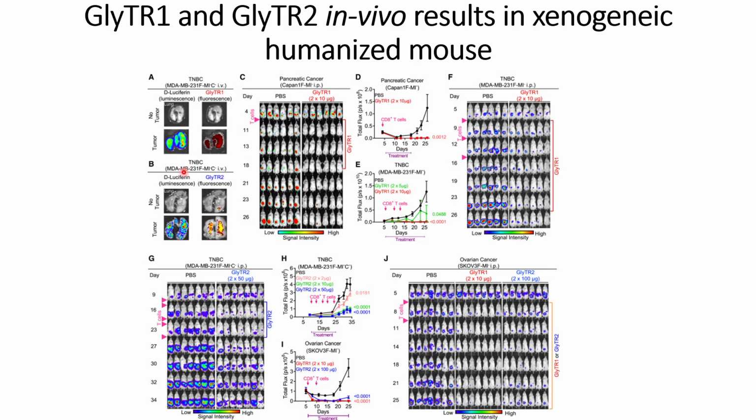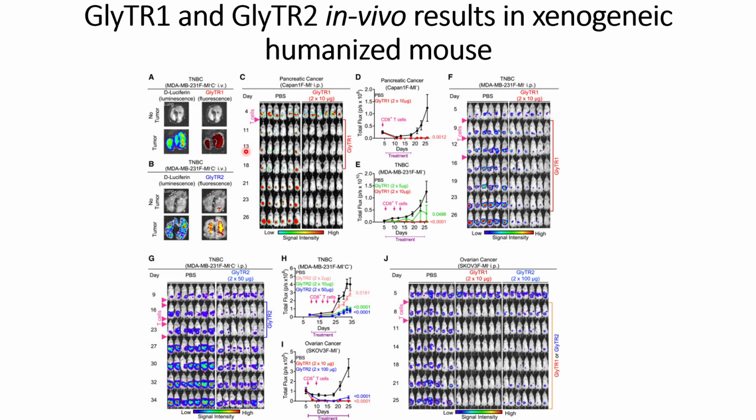And similarly, they also did similar things with GlyTR2, and we can see that GlyTR2 fluorescence can also be seen at the site of tumors for this triple negative breast cancer. So this is just to show that GlyTR1 and GlyTR2 also have fluorescence, and it is usually found in the